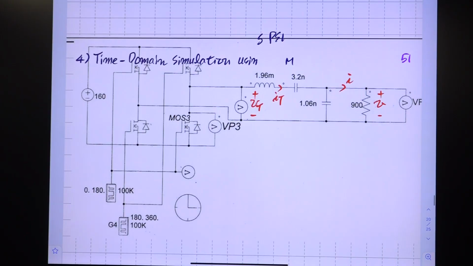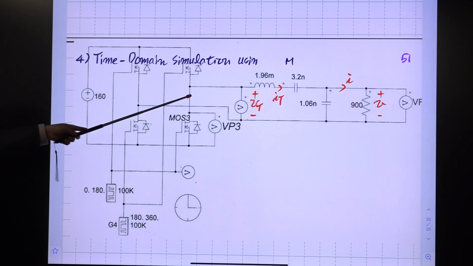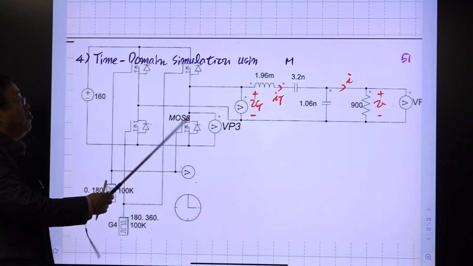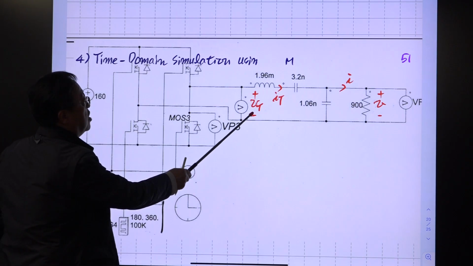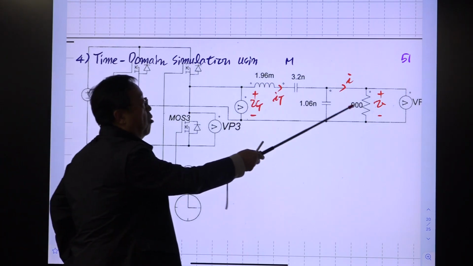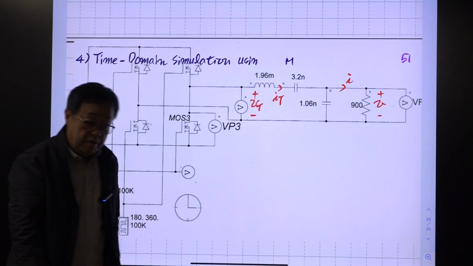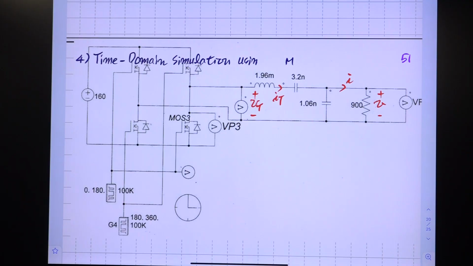All right, simulation result. This is the time domain simulation, open loop simulation, right? So very easy. Okay. The duty ratio of 0.5. You just modify this frequency. Okay. Then this is the reactive component. So we'll be watching this tank voltage and tank current and our voltage and current. All right. So for the steady state operational condition,